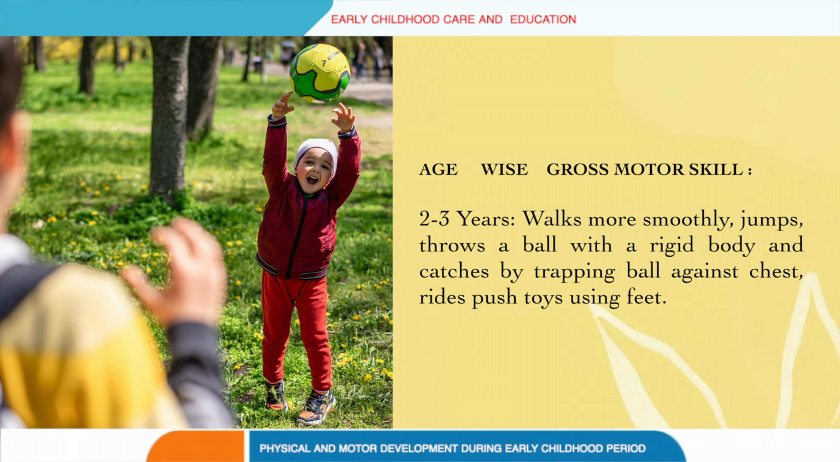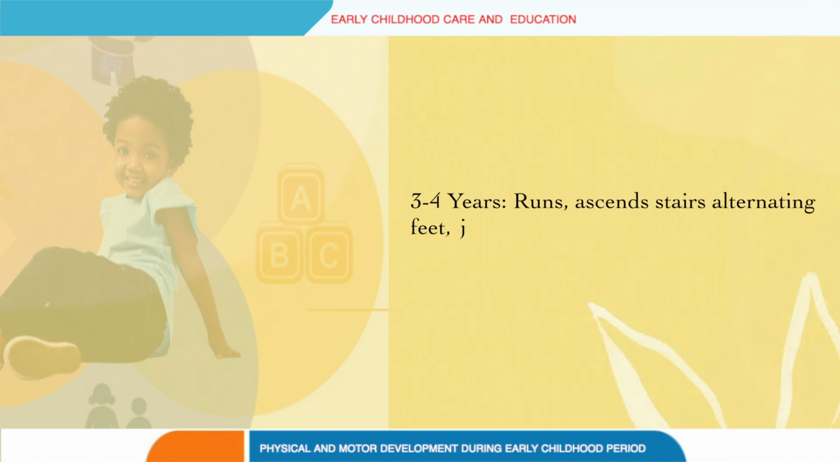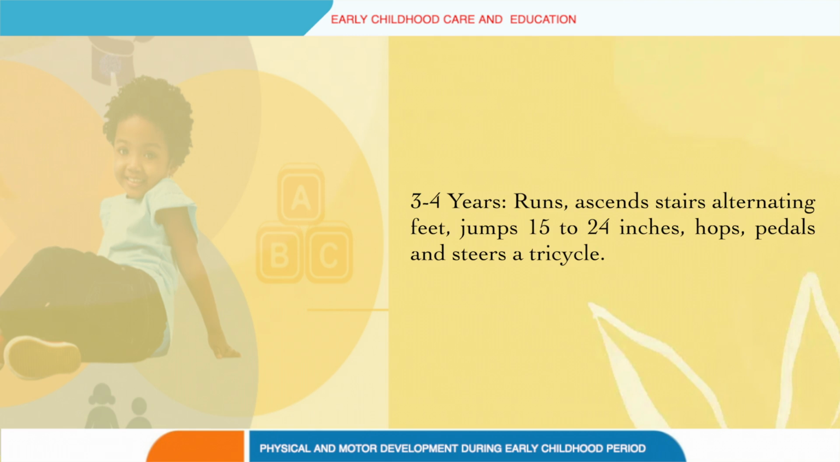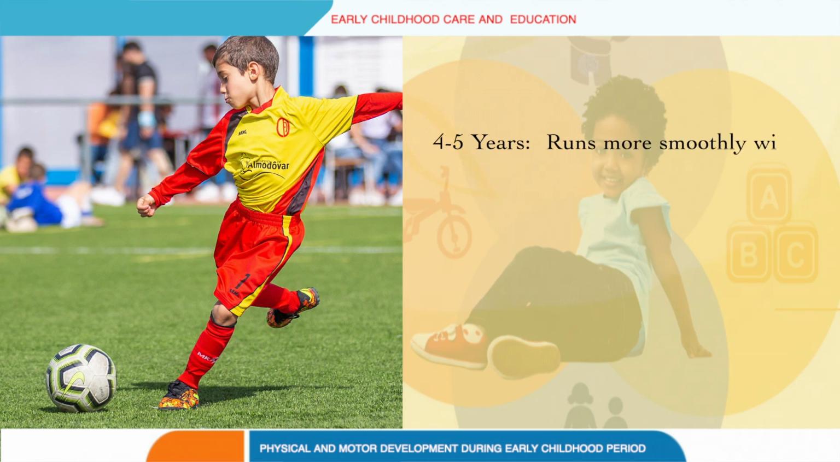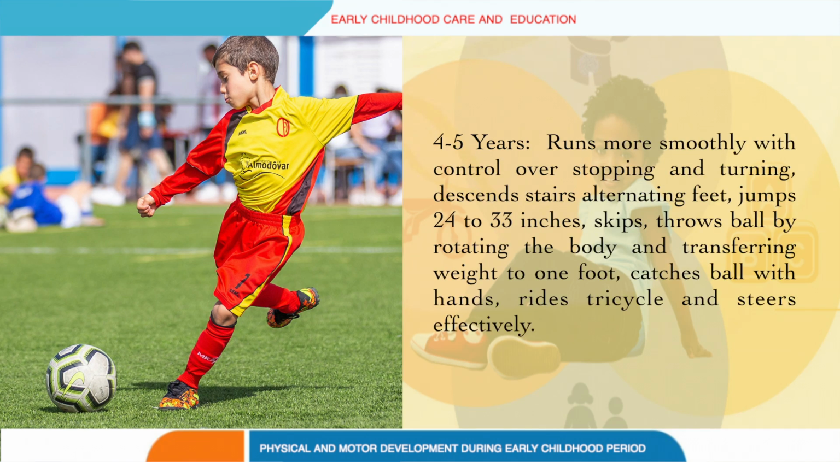They can jump, throw a ball with a rigid body and catch by trapping the ball against the chest. They can ride push toys using their feet. Again, during 3 to 4 years, they can run, ascend stairs with alternating feet, jump 15 to 24 inches, hop, pedal and steer a tricycle. Again, during 4 to 5 years, they can run more smoothly with control over stopping and